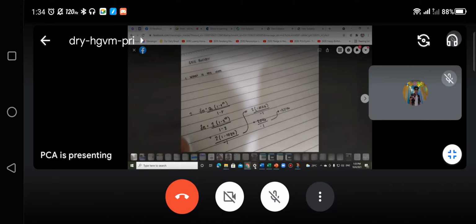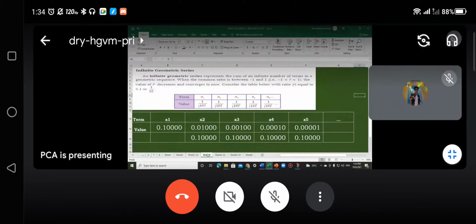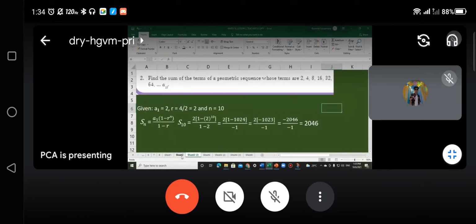Okay, tapos punta naman tayo doon sa Sir Roman. Ayan. Ano ba yan? Pinagagawa ng Sir Roman. Okay, ito siya, no? So we can analyze because others might not analyze the statement. Okay, let's go. Find the sum of the terms of a geometric sequence whose terms are